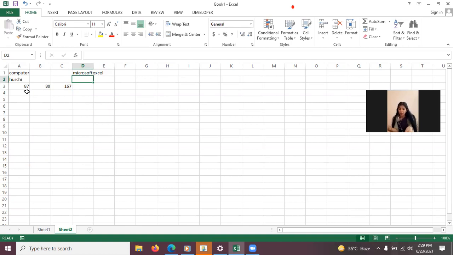Then on page 51, the last paragraph, writing a simple formula, meaning what rules we have to follow while writing a simple formula. The first rule is the equal to sign. Every formula always starts with the equal to sign, whether it is a text value or a numerical value. Secondly, an arithmetic operator is important, like plus, minus, divide, multiply. Any operator, but there should be an operator. And third, data can be a cell address also, like we just did, when I added A3 plus B3. That is a cell address, that also we can add. So these are the simple rules we need to follow while performing calculations.